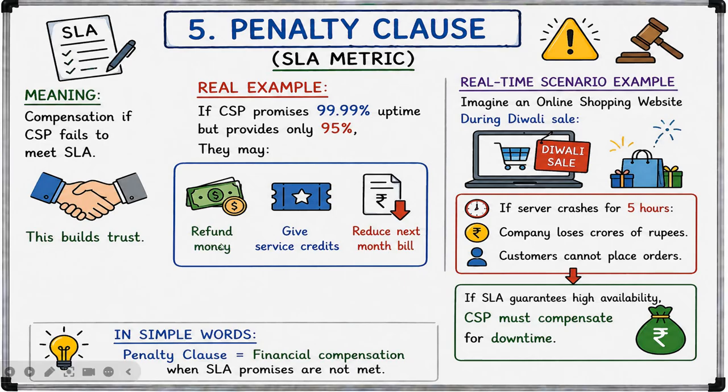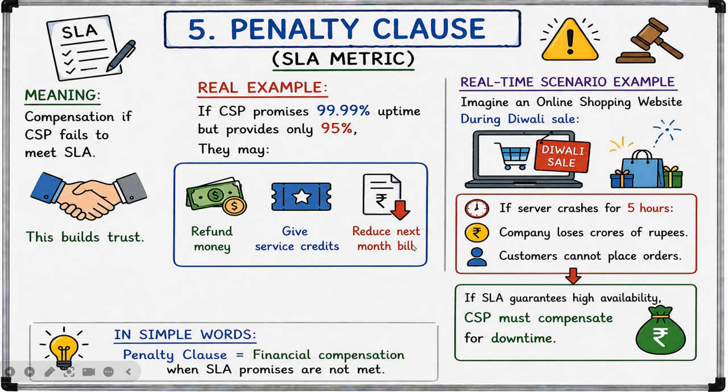So they may refund the money you have paid. That is, if the service was poor for a month, there may be a partial refund, so the customer does not fully pay for the poor service, and it ensures fair payment for the actual service received. Then second is giving service credits. That is, instead of cash, the CSP may offer free service usage in future, for example, extra storage or free subscription days, and the customer gets additional value.